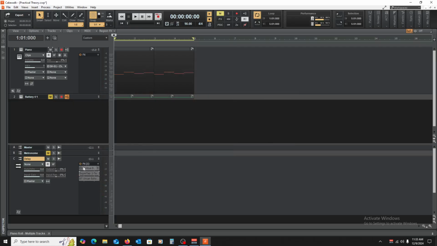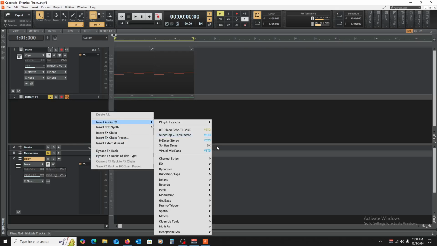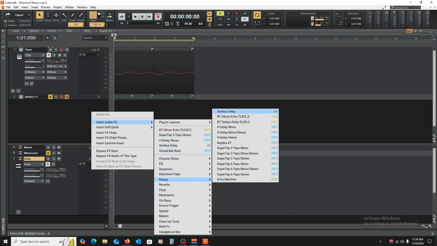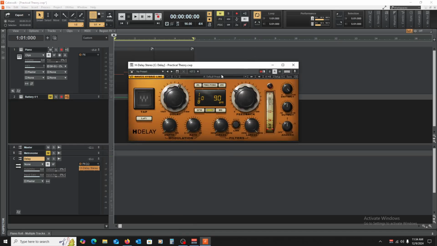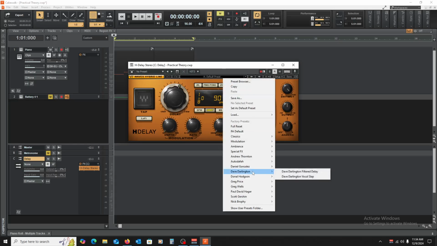You want to be careful with it, though, especially with feedback and things like that, because it will get louder and louder over time. So you just want to be aware that things can get kind of wonky. And delays, oftentimes, especially with your Waves or whatever, some of these third-party things, will have lots of fun little presets that you can also look at to see what kind of